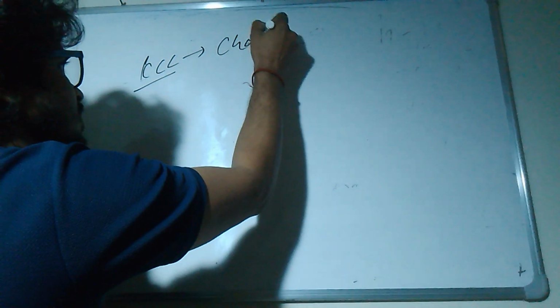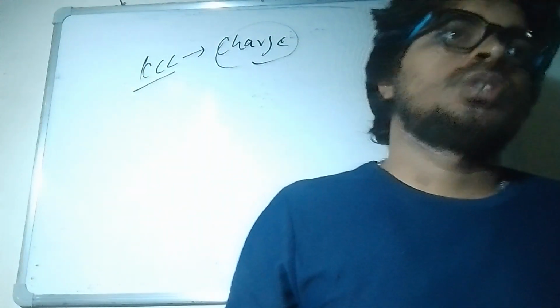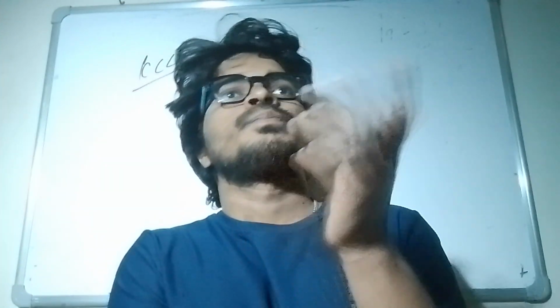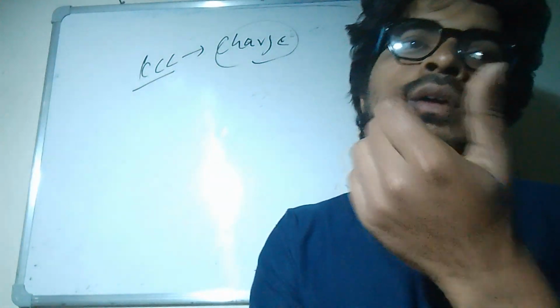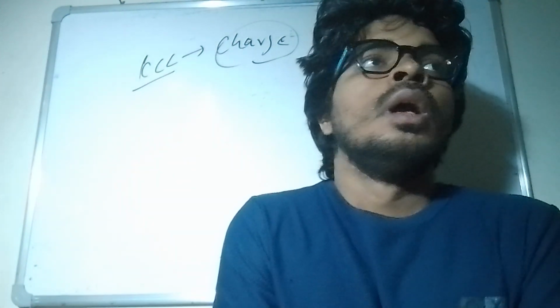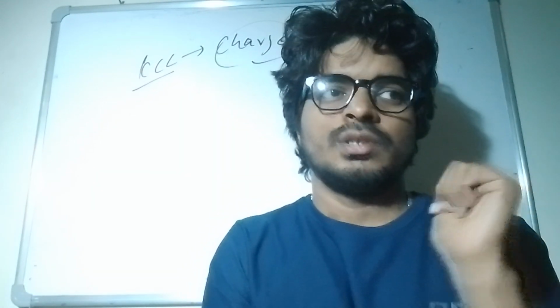So now what have we understood? KCL is based on what? The question comes: KCL is based on conservation of charge, because we are talking about current, which is the rate of flow of charge. So Kirchhoff's current law is valid for the conservation of charge. But what about the loop law? The loop law is basically based on energy. We are talking about voltage, EMF. So there we are trying to conserve the energy, and here we are trying to conserve the charge.